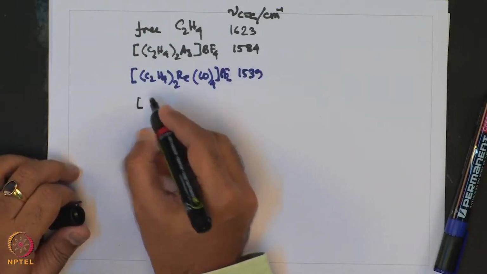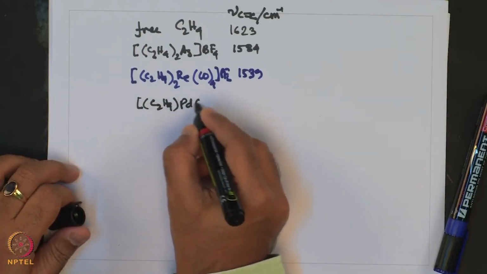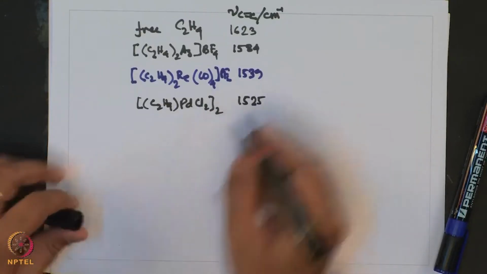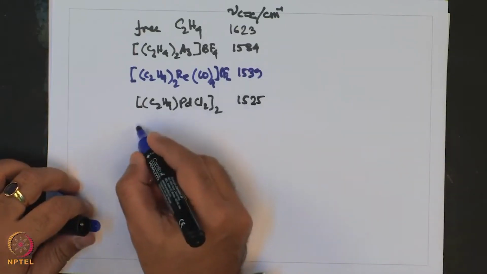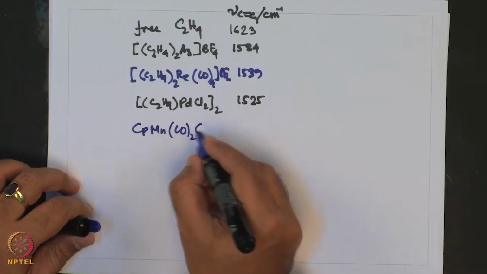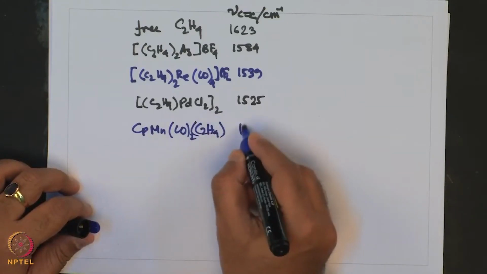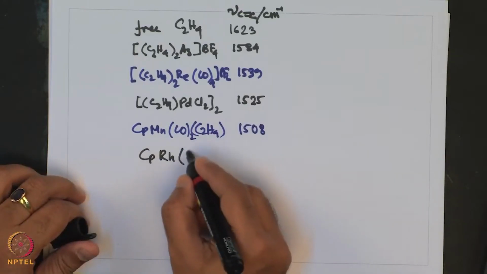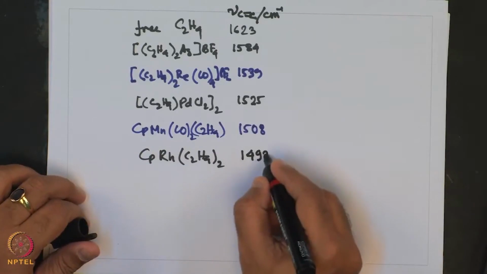Then the C2H4 PdCl2 dimer is 1525. Cp Mn (CO)2 C2H4 is 1508. Cp rhodium (C2H4)2 is 1493,